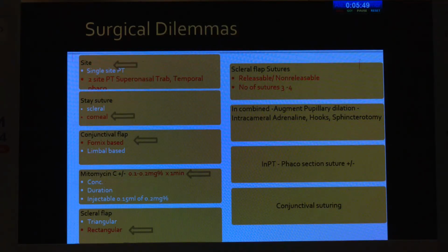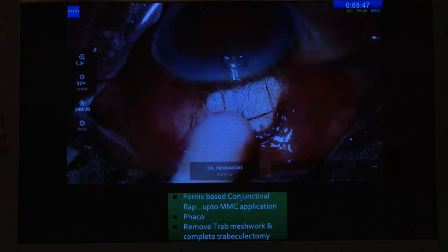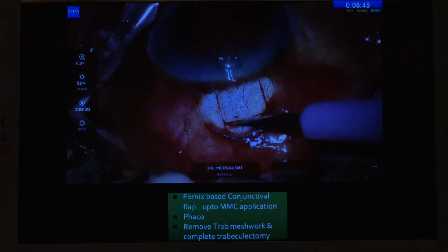Surgical dilemmas are many, and hence we try to